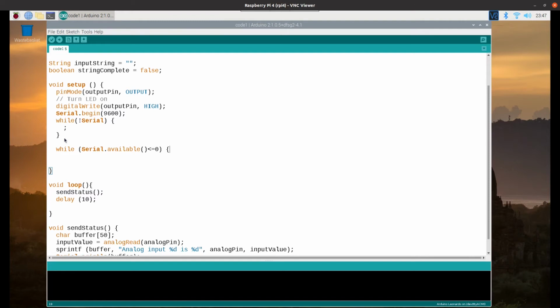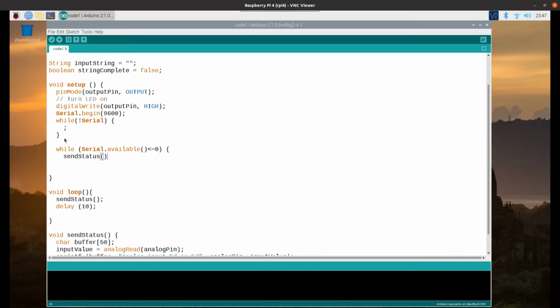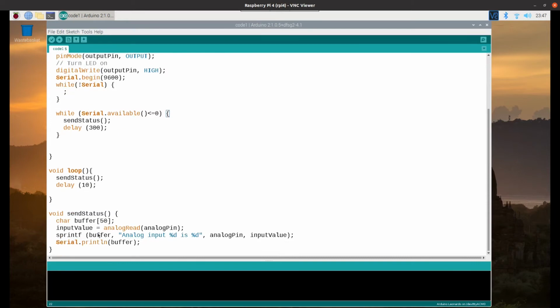Until that happens, it's going to keep sending some data. So it's going to keep waiting until it sees something that's sent to it. So this is just going to send that status as we had before on here. We'll remove that,